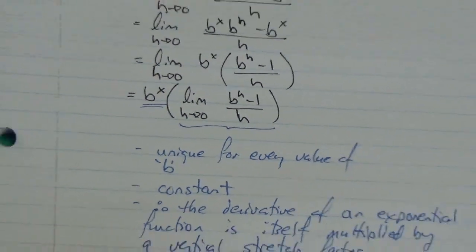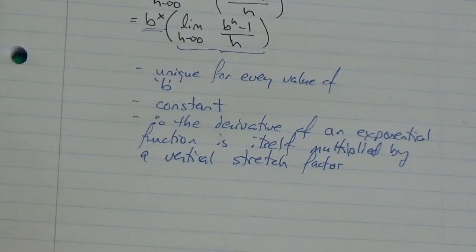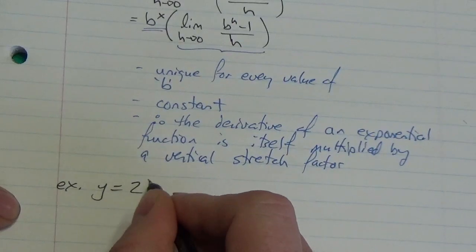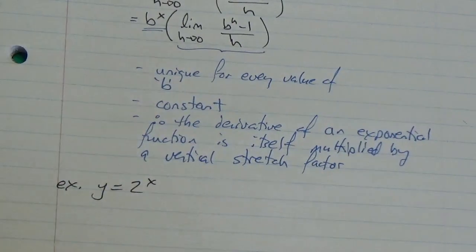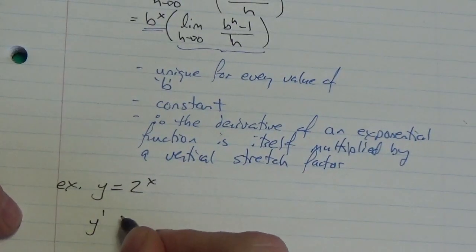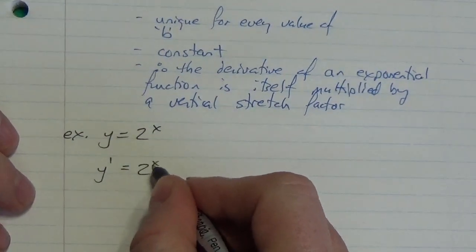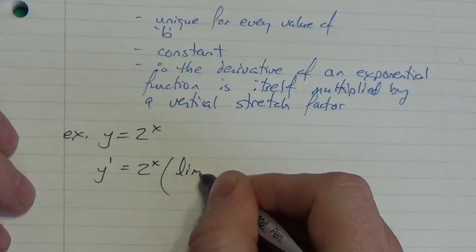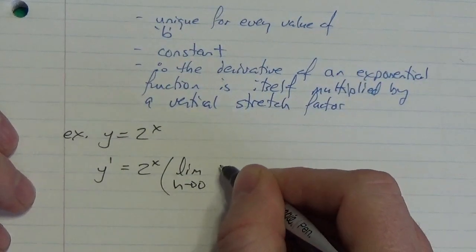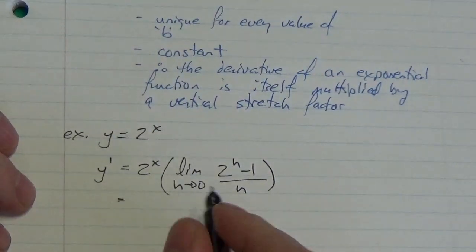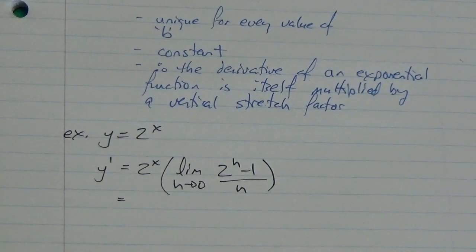In fact, let's take a look at a couple of examples here. So what if we let y equal 2 to the x? And so y prime, I know, has therefore got to be 2 to the x multiplied by the limit as h approaches 0 of 2 to the h minus 1 over h. That's got to be the case. Okay? Now,